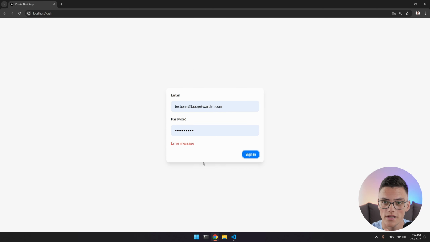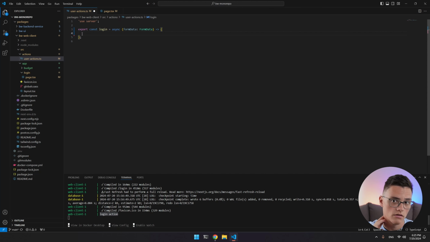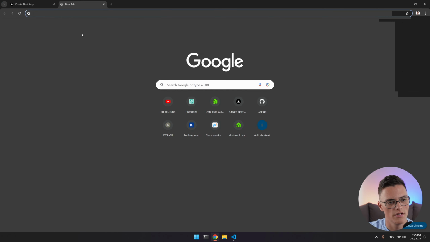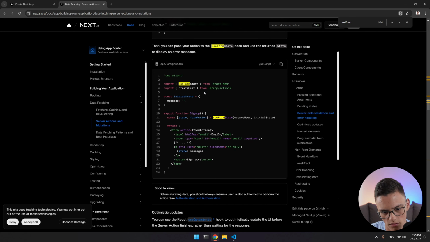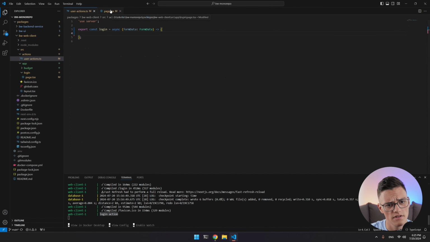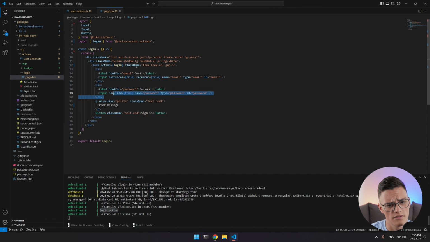Okay. Now, the next step here is to actually be able to return error messages as well, because right now we are not. Let me just open the server actions documentation. We can use this useFormState React function. This is a React hook from the React DOM library, and it's specifically for server actions. Let me import it at the top